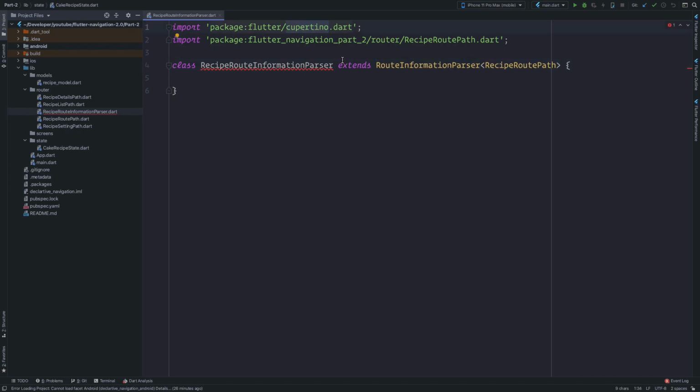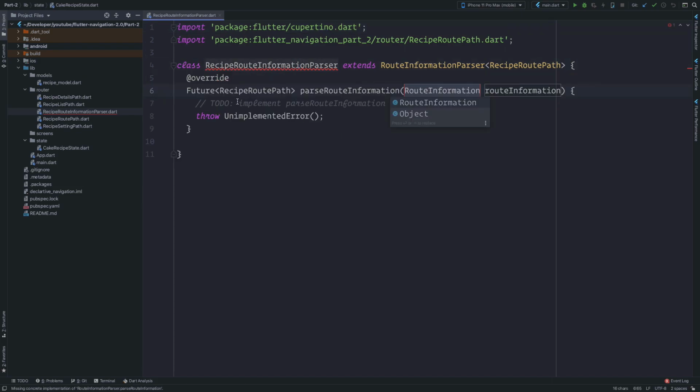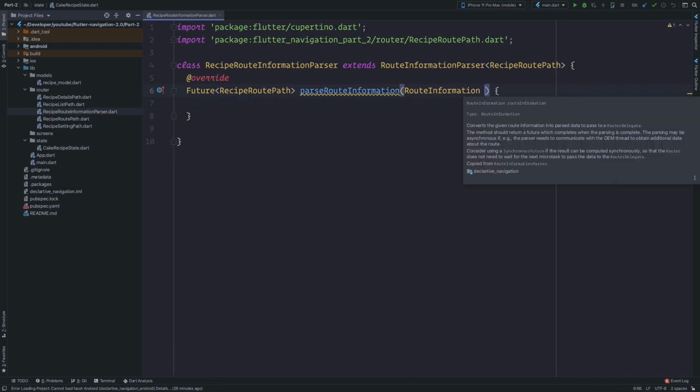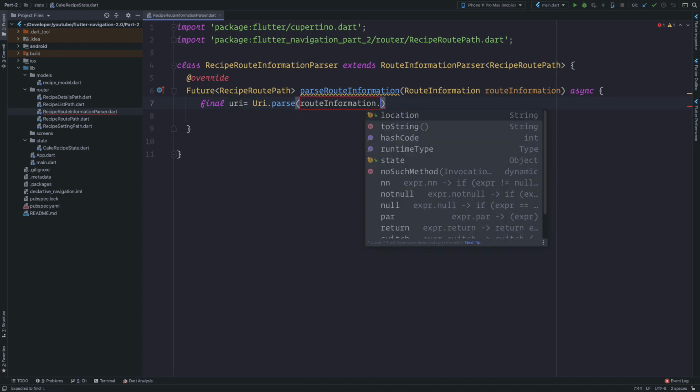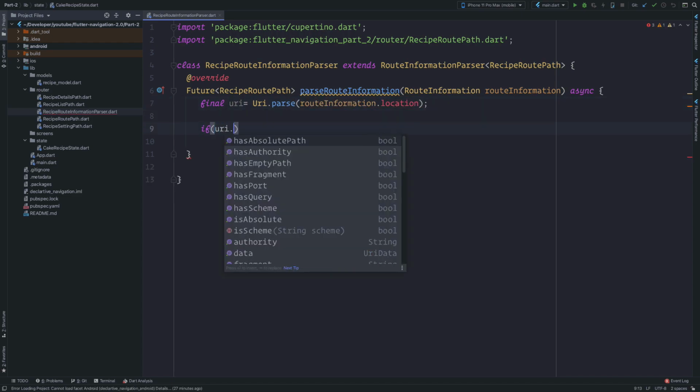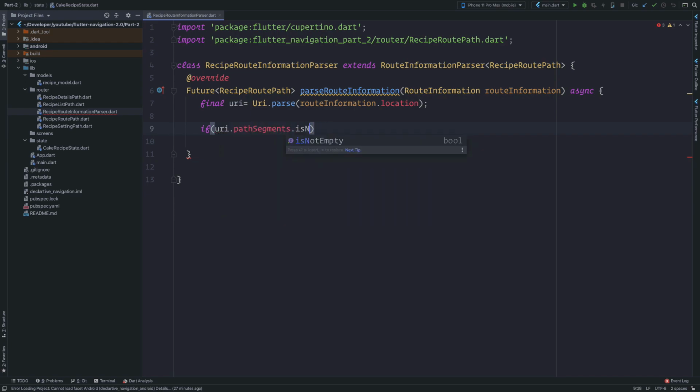Now we will start with the recipe route information parser. As we talked about in the last video, the route information parser is the parser where the route goes in, and then we parse any route and output the new route. That's why we extend the route information parser with the recipe route path, because now we can check the type of the route and return one of the recipe route paths, which is the settings, details or the list. That's typically especially for web, because here we use the URI,